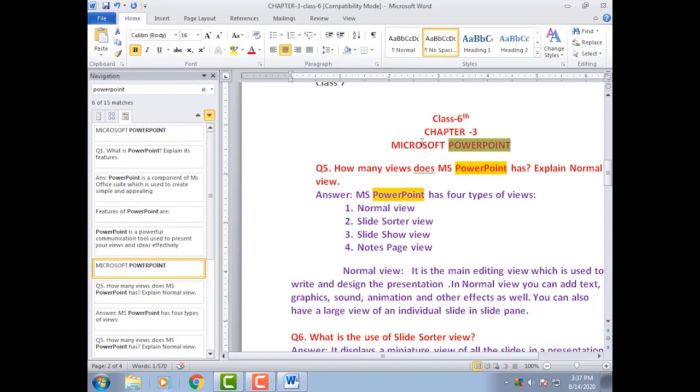Then the PowerPoint word will be highlighted in your document. See here in the document all the PowerPoint words are highlighted. In this way you can search any word or a phrase in your document.